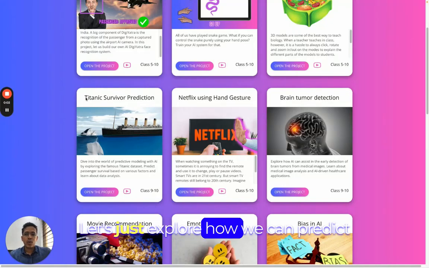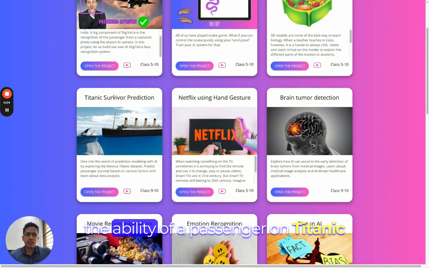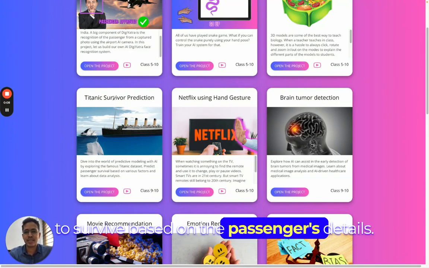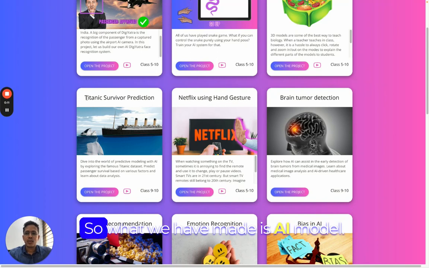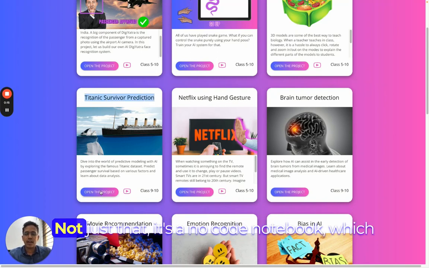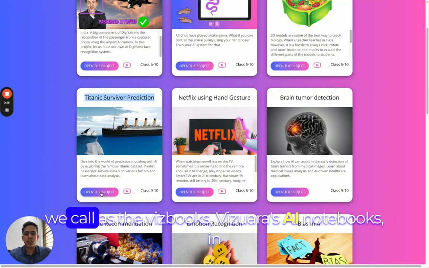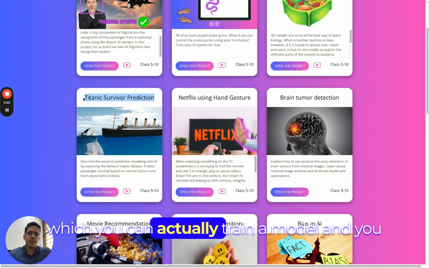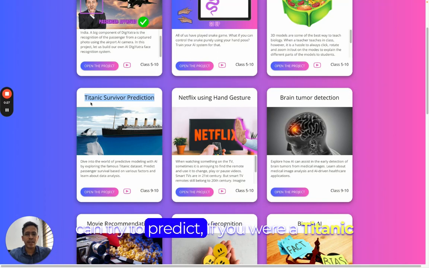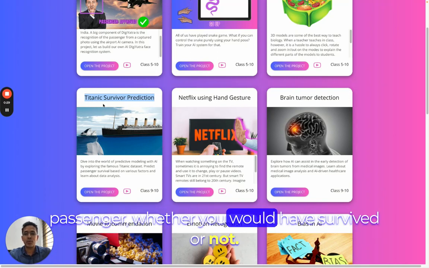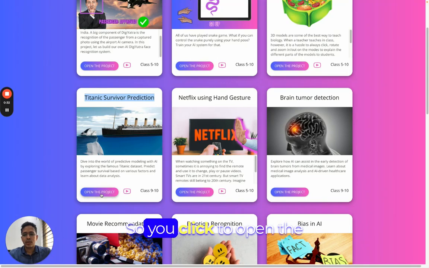Let us explore how we can predict the ability of a passenger on Titanic to survive based on the passenger's details. So what we have made is an AI model. Not just that, it's a no code notebook, which we call Visbooks, Visuara's AI notebooks, in which you can actually train a model and try to predict if you were a Titanic passenger, whether you would have survived or not. So you click to open the project